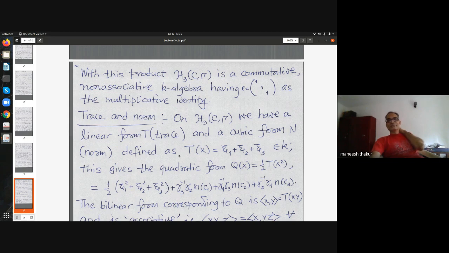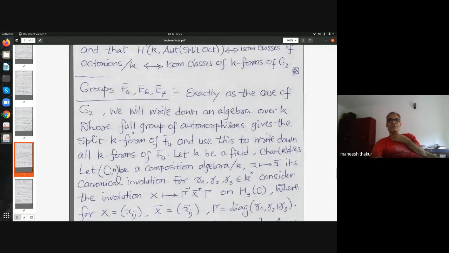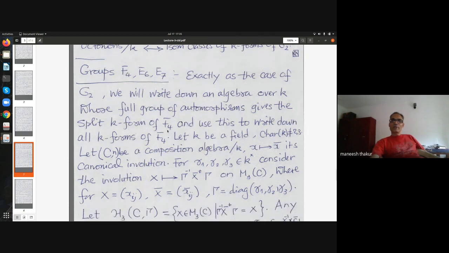So let me see. Next lecture I will spend on what I started with. I will write down these 3 types, these certain forms, I wanted to tell you how they look, and then say something about E6 and E7. And then I plan to go to little remarks on isotropic groups in general, how they look, and maybe something like that. I don't know, I have to decide. But I'll be happy if I have feedback on what people would like me to do.